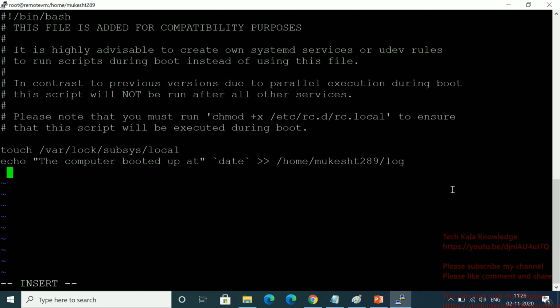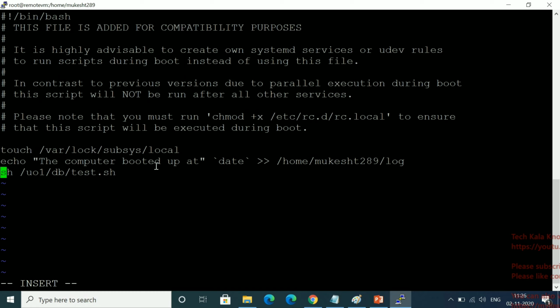You have to put sh and then the script path, somewhere like u01, for example, u01 is a directory. Inside u01 there is one db directory, and inside it test.sh. You can give it like this. Once you reboot the system, this script will run automatically. In this way you can add it. So this is rc.local.